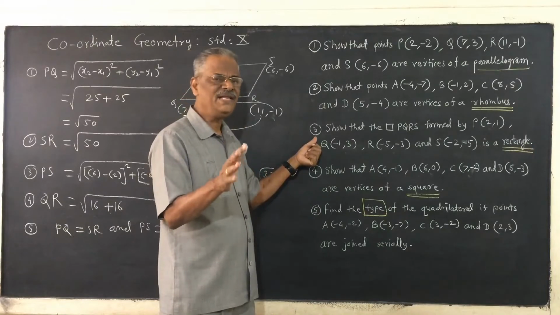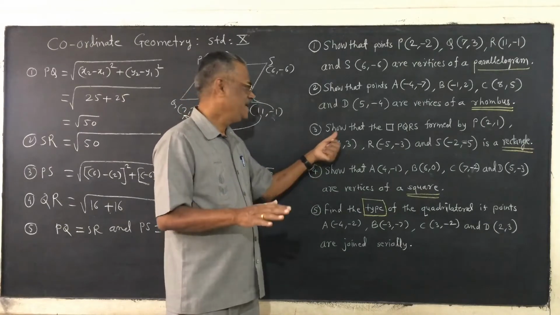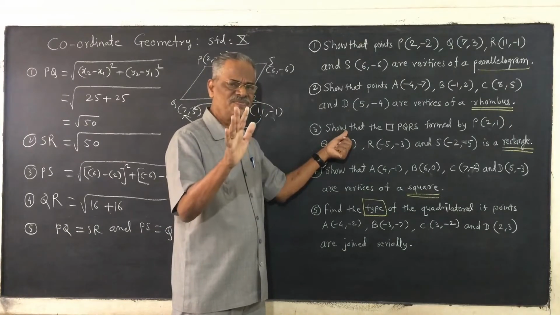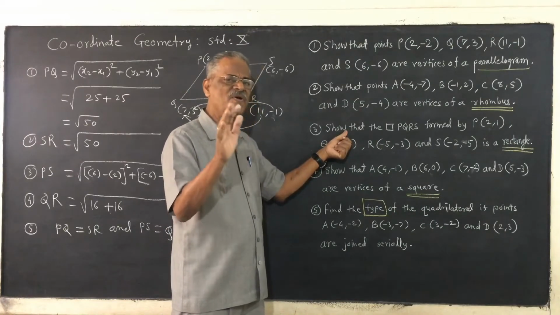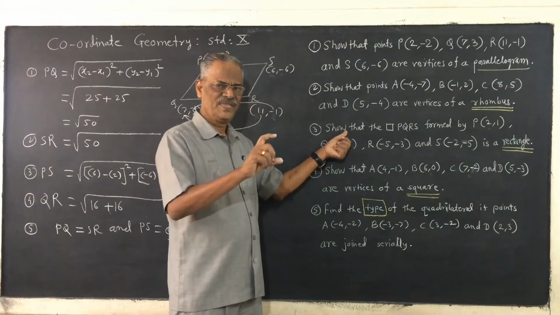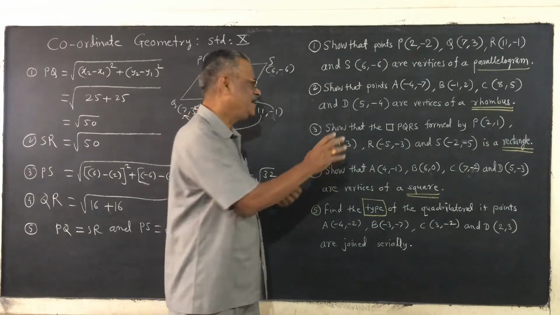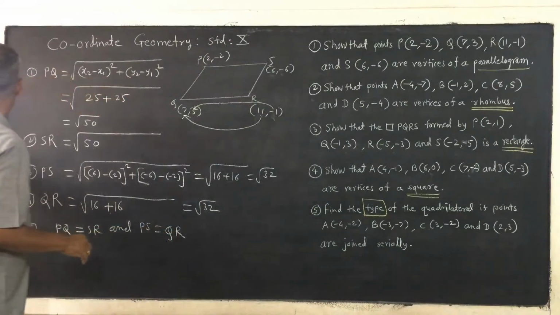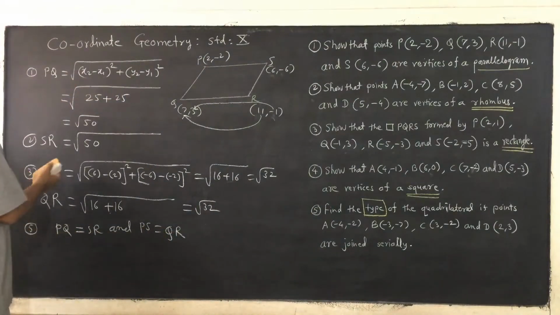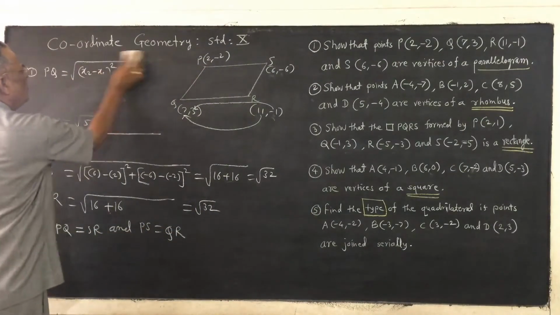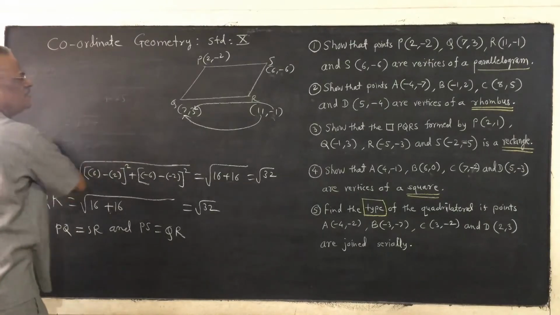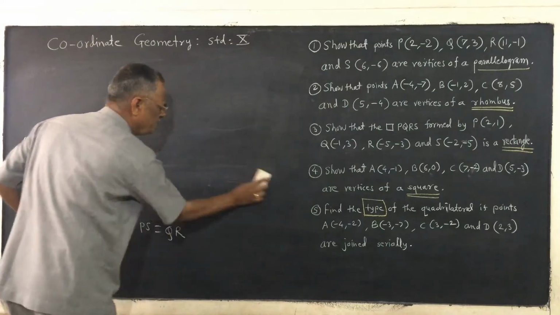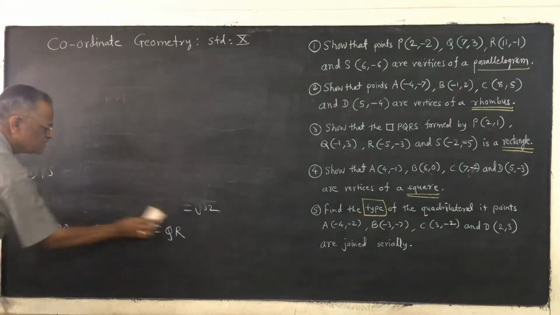If it is a rectangle, you can write down rectangle. And if the question is to show that it is a rectangle, you must state the property of a rectangle there: opposite sides are equal and diagonals are equal. So that is the technique here. So this is the group of quadrilaterals, to decide the nature of the quadrilateral by using the distance formula.